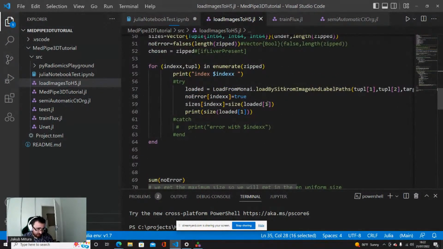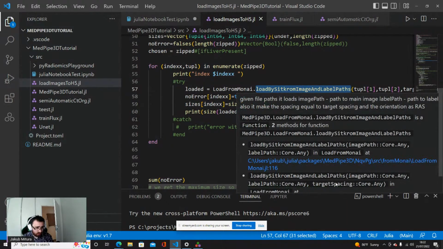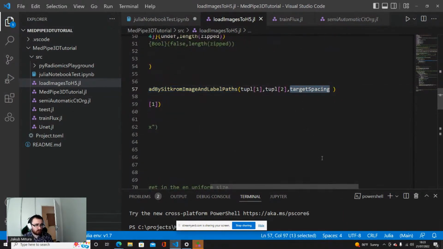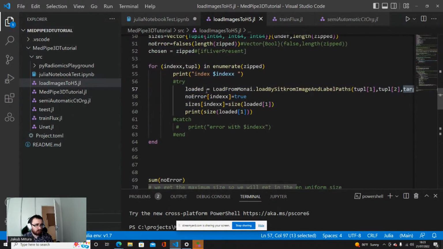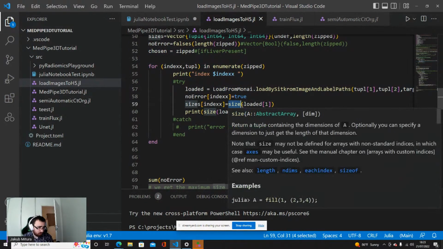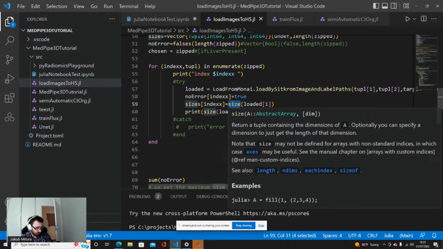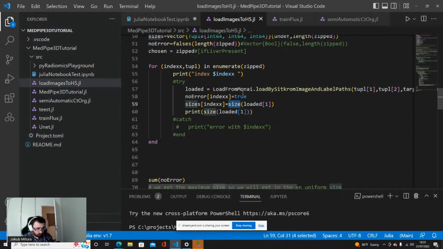When we change the spacing, the size of the array is changing also, because you can squeeze it or enlarge it depending on the case. So we change the spacing, getting to the uniform target spacing. Then we can change the size. It would be more performant to look at the size from the metadata of the image, but I will keep it this way for simplicity and just to be very explicit about what we are looking at.